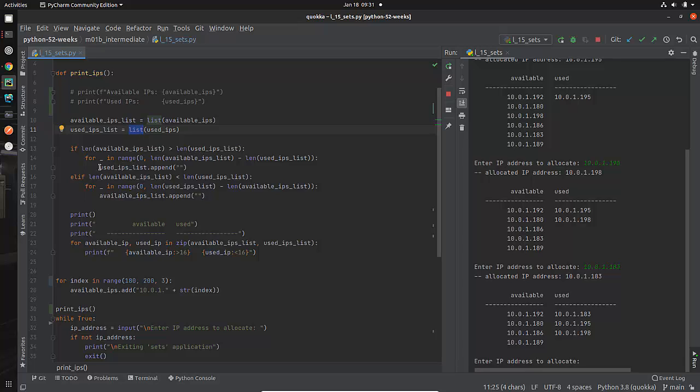Then what I did was I padded one side or the other. That would be, over here. I padded it with blanks. The reason that I padded it with blanks is because I wanted to use this for statement where I iterated through these and I went to the end. If this list was less than that list, what would it do? It would basically stop when it got to the shortest one. And so, like in this situation, it would have only printed the first line and it wouldn't have done any